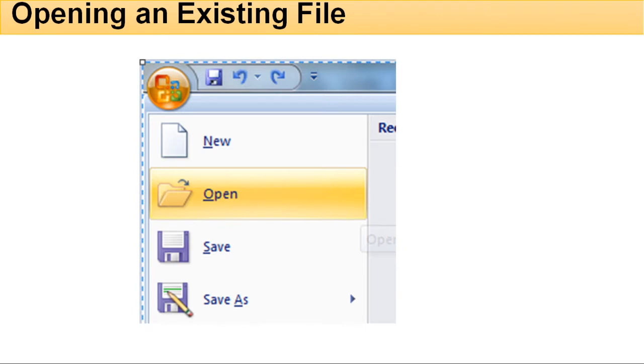To open an existing file, we have to click on this button, and this menu opens, and click on the open button, and after that we will get the existing file.